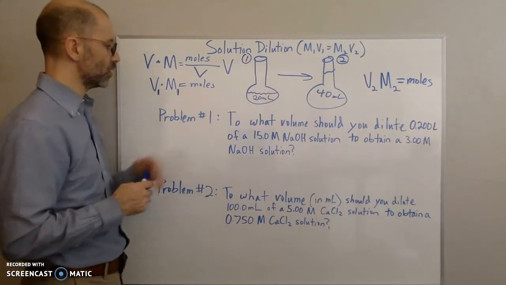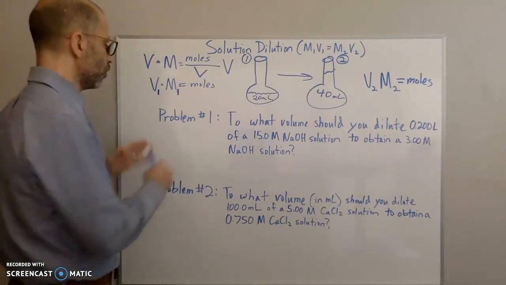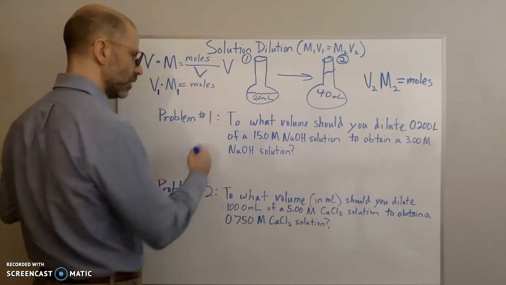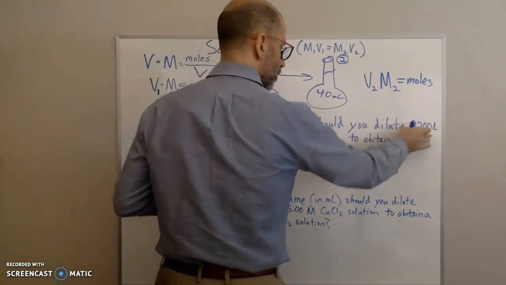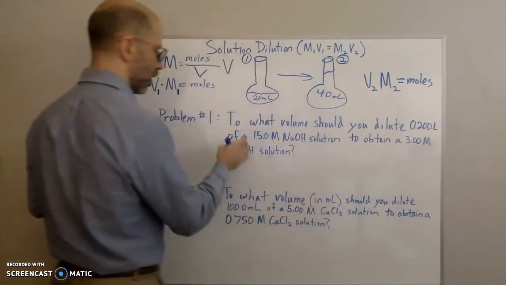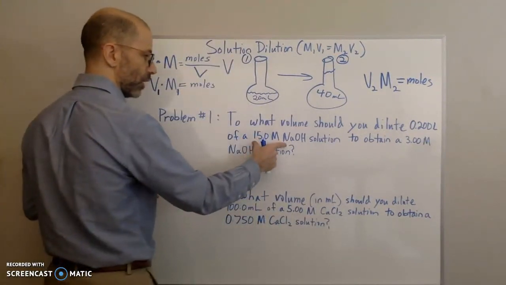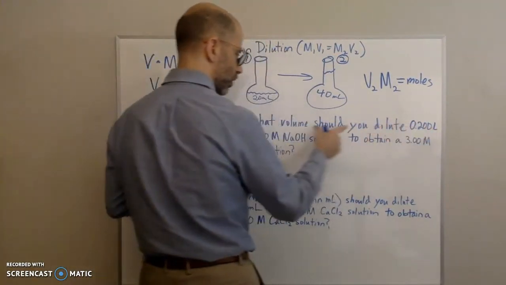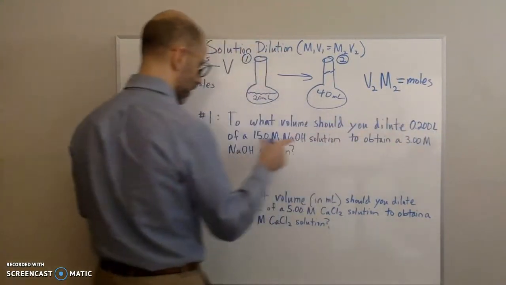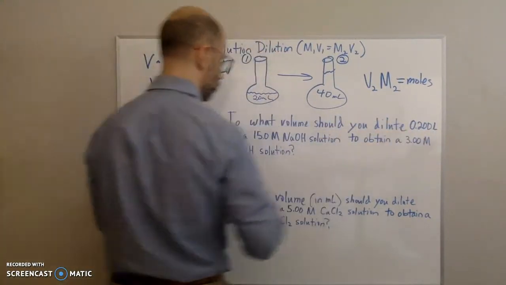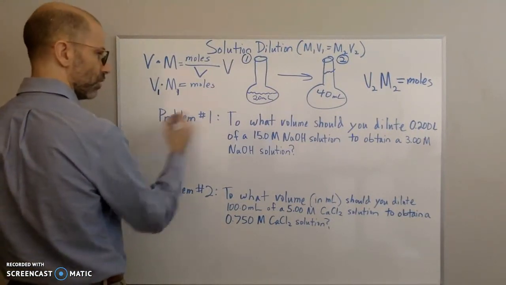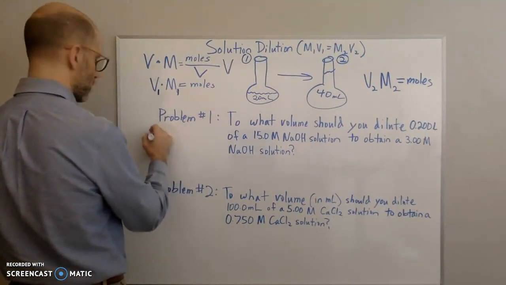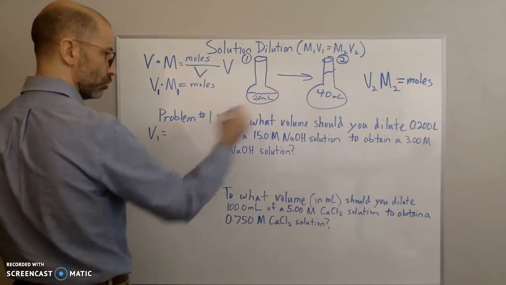So let's go ahead and solve these two problems. In problem number 1, it says, to what volume should you dilute this number of liters of this molarity? So we're going to start with this volume in liters and this molarity. So that's going to be our V1M1. When you do these problems, you label what your things are. So we're going to say our V1 is equal to the